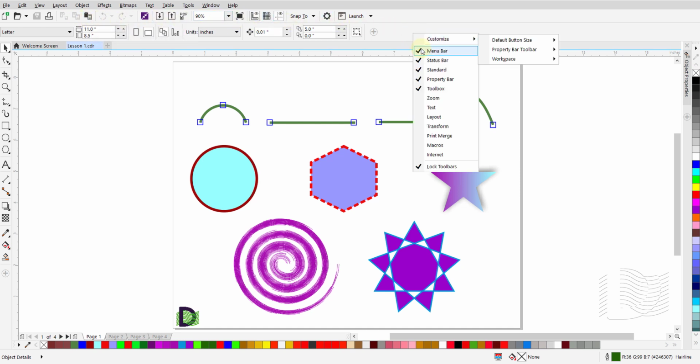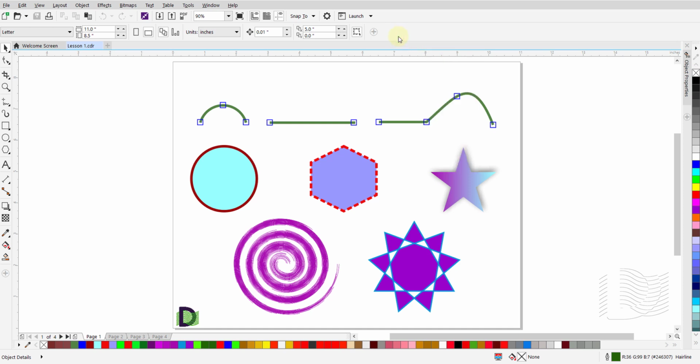Next on the pop-up menu is the Properties bar. On your CorelDRAW screen, the Properties bar sits below the standard bar. The Properties bar displays values specific to the tool you pick in the Toolbox bar.